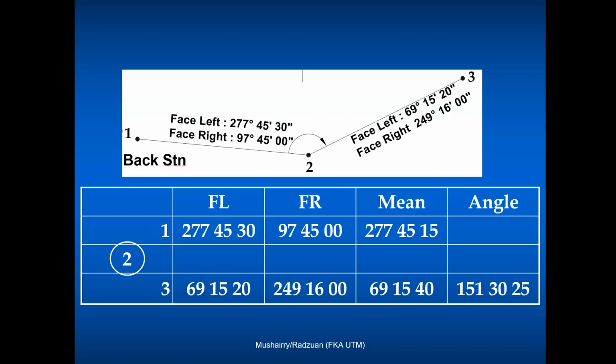Okay, let's look now at how to book the angle readings in the booking form in the field book. Okay, we are at 2 now, and we're facing 1, the back station, and station 3, the forward station, given the horizontal circle reading for the back station and the forward station in the top figure. So if you look at the table underneath that figure,